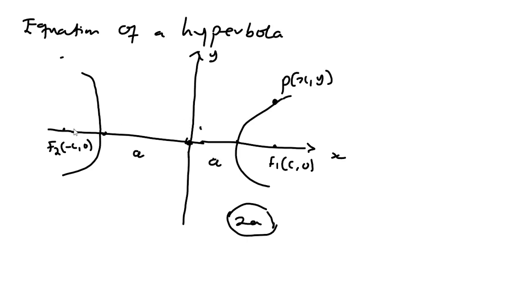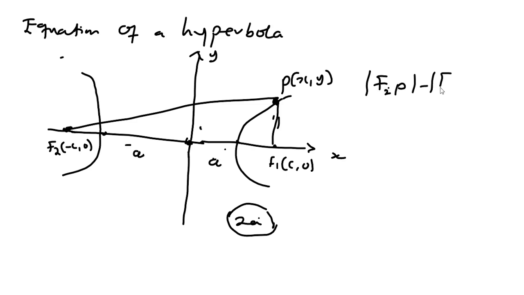The distance from the second focus to P minus the distance from P to focus 1 is equal to 2a. So F2P minus F1P